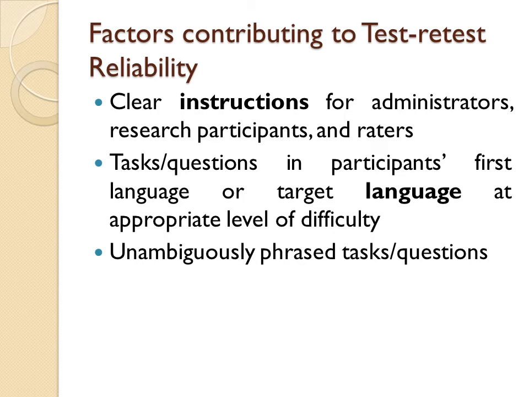So if you made it easy for them to understand the language on the first test, you have to make sure that the language on the second time you give the test would be easy as well. Again, a different understanding of language will yield different results, even though you are sure that your test is already reliable. And lastly,